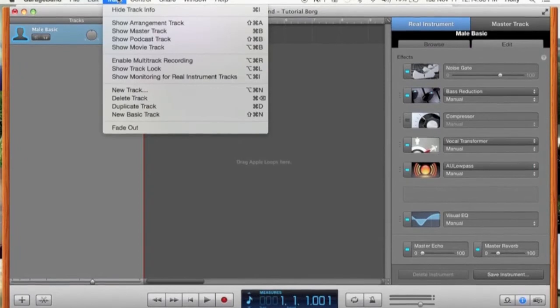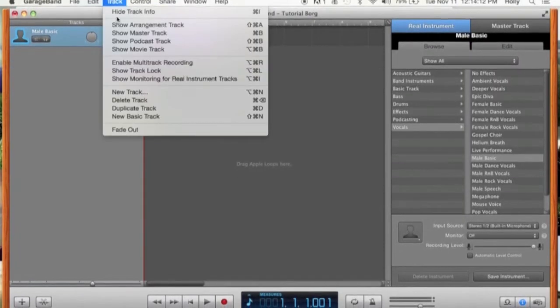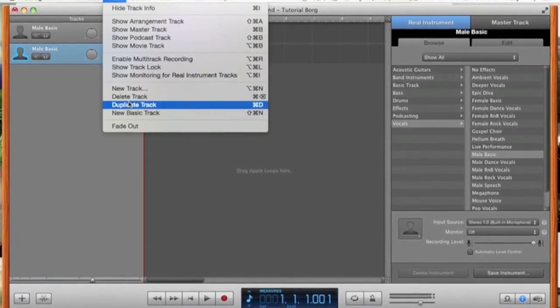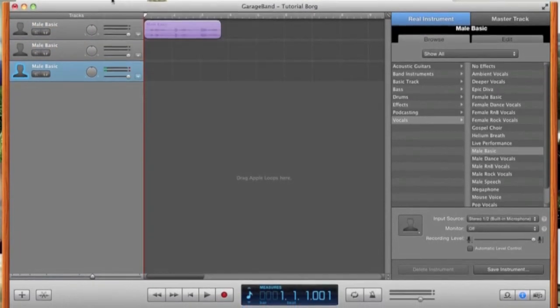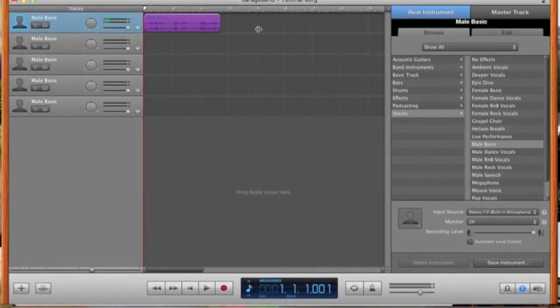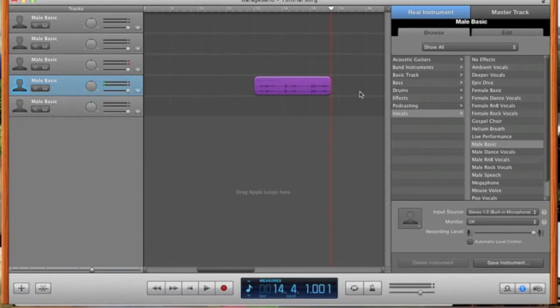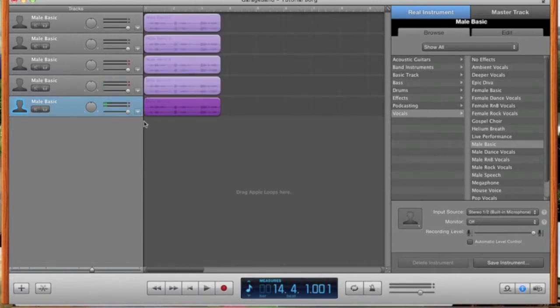Delete this track by going track and then delete track, and then do duplicate track, and you're going to do this 5 times at least. I did it 5 times for that other one, but it doesn't really matter what you do. Then Command C, Command V, and then you can just do Command V for the rest for paste, and it'll go farther and farther because it'll think the tracks are still there. And then